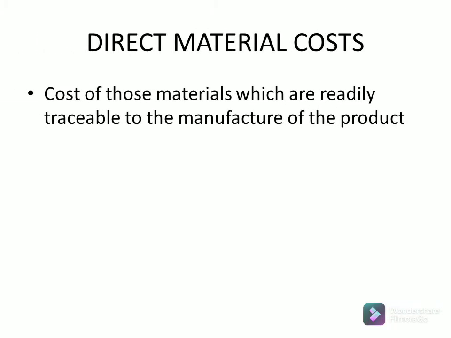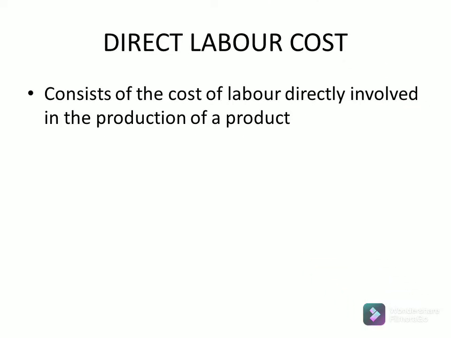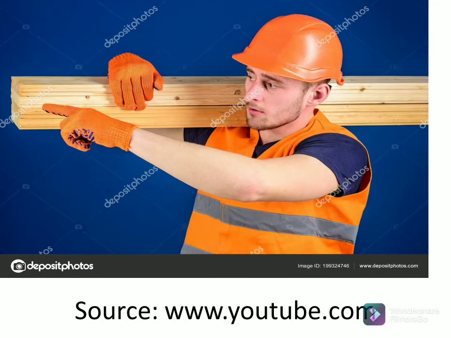Direct material costs are the costs of those materials which are readily traceable to the manufacture of a product. For example, wood or timber is the direct material used in making furniture. Direct labor cost consists of the cost of labor directly involved in the production of the product. For instance, the direct labor used in making furniture includes the workers who use the wood, glue, and other materials